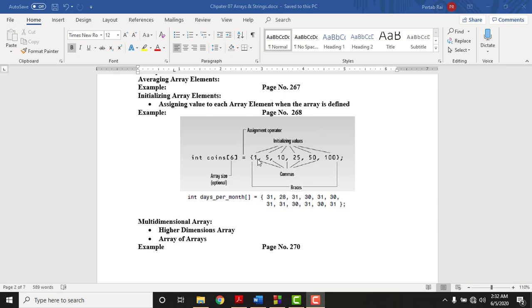And those multi-dimensional arrays are known as higher dimensional arrays. So you can think of a multi-dimensional array as an array of arrays, right? You have one array, then one more array, then one more array, and you group them together, and that is known as an array of arrays. Now to explain this concept, there is an example on page number 270, and I'll explain the program